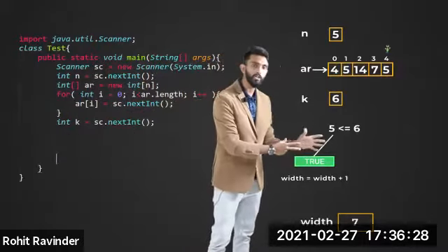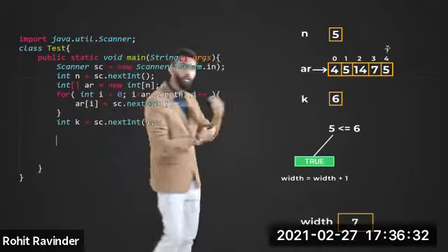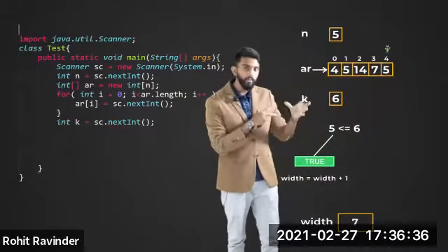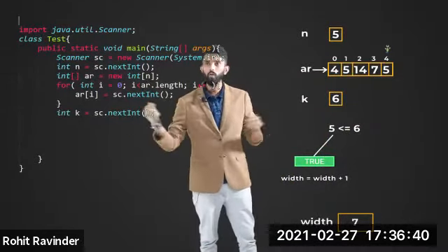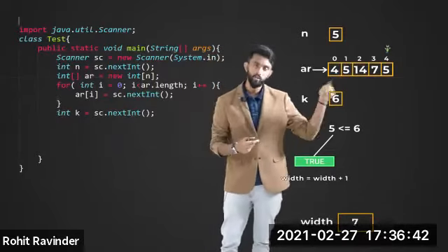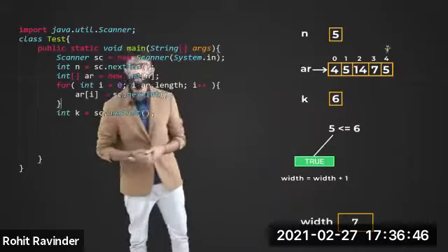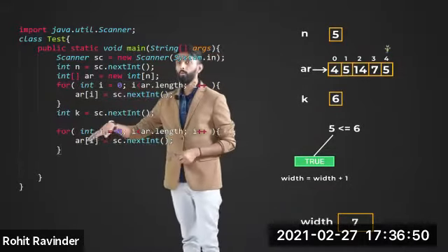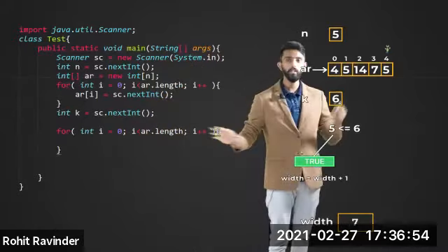Now comes the processing. So what I will do is very simple. Again, I should run a loop on my filled array AR. Initially, it was an unfilled array, and because it was integer, it automatically had all zeros in it. But now we are filling it with our values. Now let us iterate. So I'll just copy this for loop and paste it again. The only thing which is going to change in the for loop is what I will be doing inside. So I'll remove that statement. This will loop over the same array.